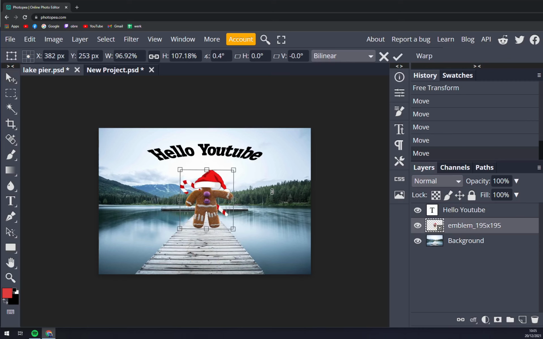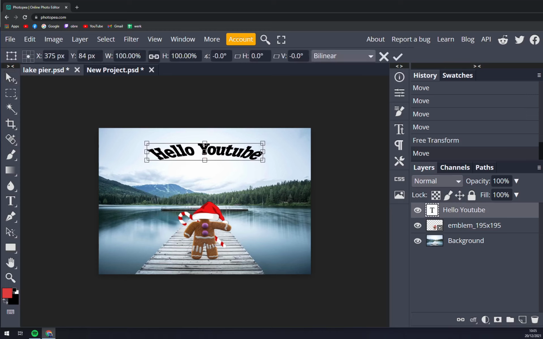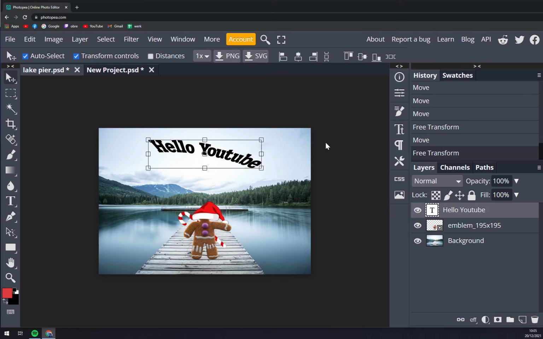You can also go with the other one like this, and now you are playing with Hello YouTube. You can move it as you like, and then again confirm your actions, and you see it's a little bit